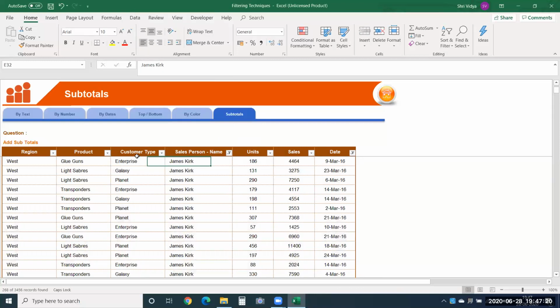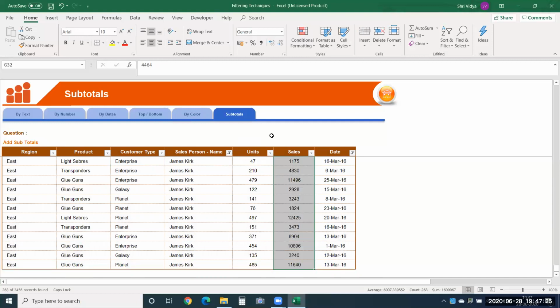So now I want to calculate the total sales he achieved in the month of March. When I select this column, I'll be able to see in the status bar that the value is 1609967. I'll make a note of it. But as soon as I remove the selection on these cells, the value also disappears. I want this value to physically appear in one of the cells over here.